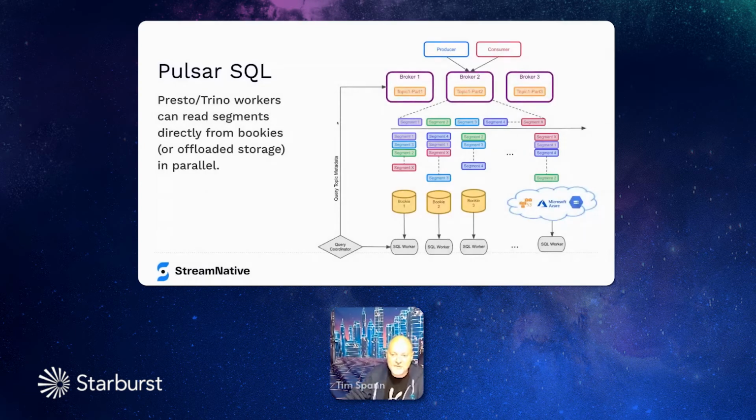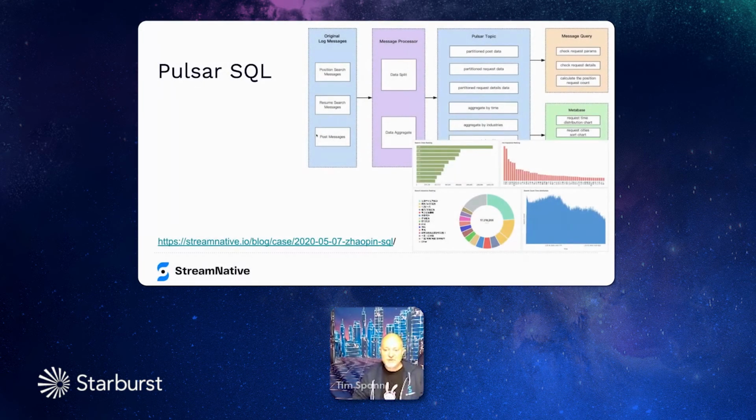Pulsar SQL lets us get access to all this different data, even though it's pretty complex the way it's stored, with what David mentioned with the bookie nodes, potentially storage in external storage. Trino just digs in there, gets that data, and when you see how quick it is, I've been really impressed because there's a lot going on there, but it happens super fast. Again, we don't have to sell Trino to the people here, but the power that you could have using that to be able to